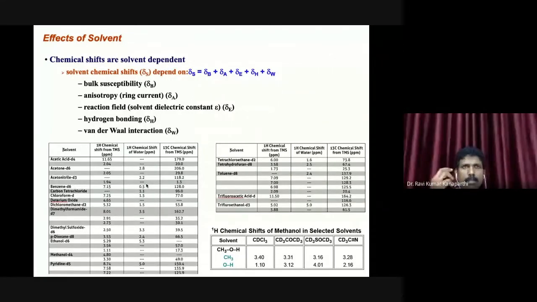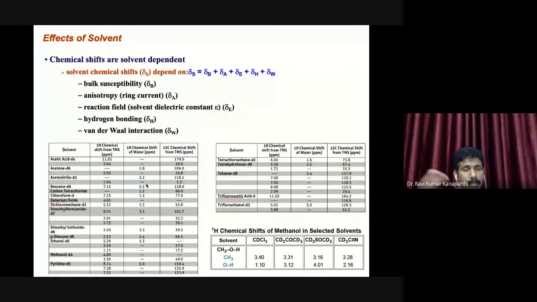I told you that NMR experiments are conducted in the solution phase in deuterated solvents. And when you do the deuteration, that deuteration is not 100%. So to some extent, at maximum it will be deuterated molecules, but to some extent there will be residual protons